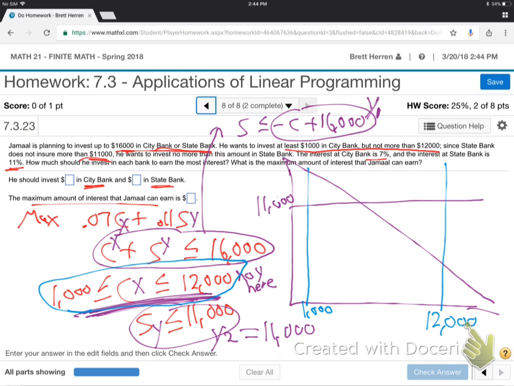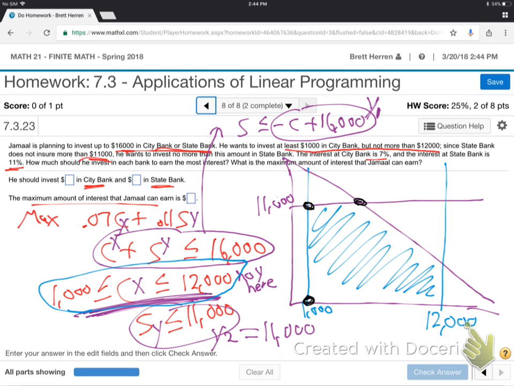It's trapped in between 1,000 and 12,000. So it's going to be this shaded region in between those. The corners of that shaded region would be here, here, here, here, and here, because it's less. It's under all those lines. Does that make sense? Got to find all those corners, plug them into the thing you're maximizing. All right. That was a lot of